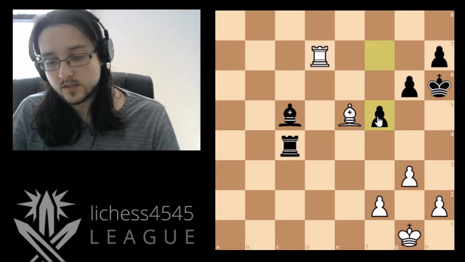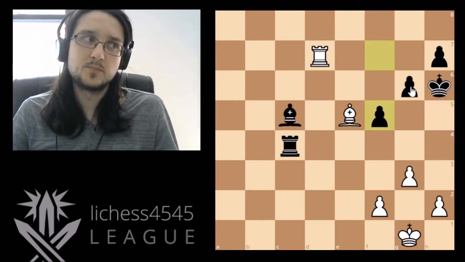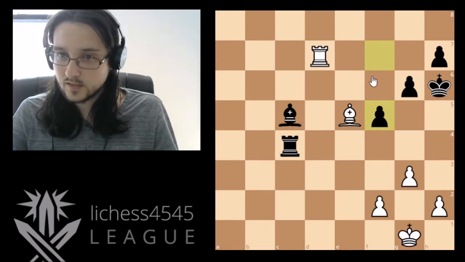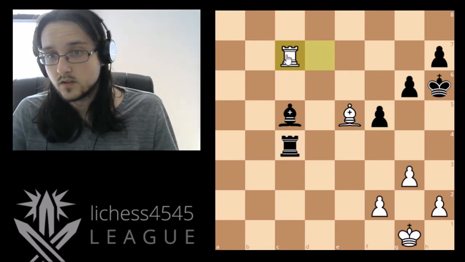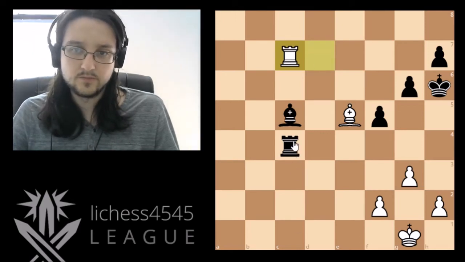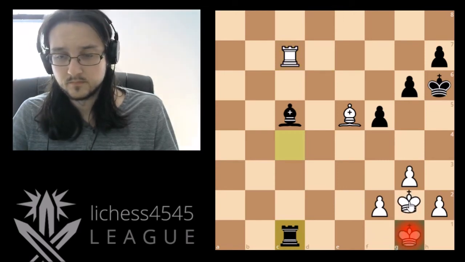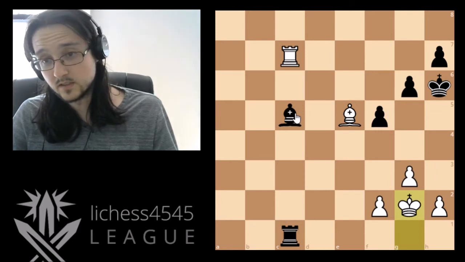This is, what is that, our third missed win? Yeah. We can't keep missing these. This one's a little bit less forcing, but still, when I see these pieces stacked up, I want to mess them up. Rook c7. This wins an exchange. This simply wins an exchange. You have to play a move like rook c1, king g2, and now